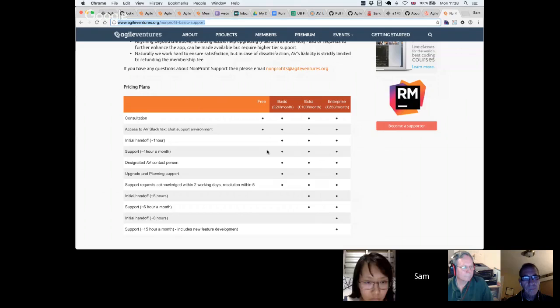It's for those nonprofits who've received something from an Agile Ventures team or from a UC Berkeley team, but where the nonprofit or charity is not particularly technical and doesn't want to get involved in looking at the Heroku servers. We'll offer this basic plan at about $25 a month, and there are other levels for additional support or even for the development of new features.